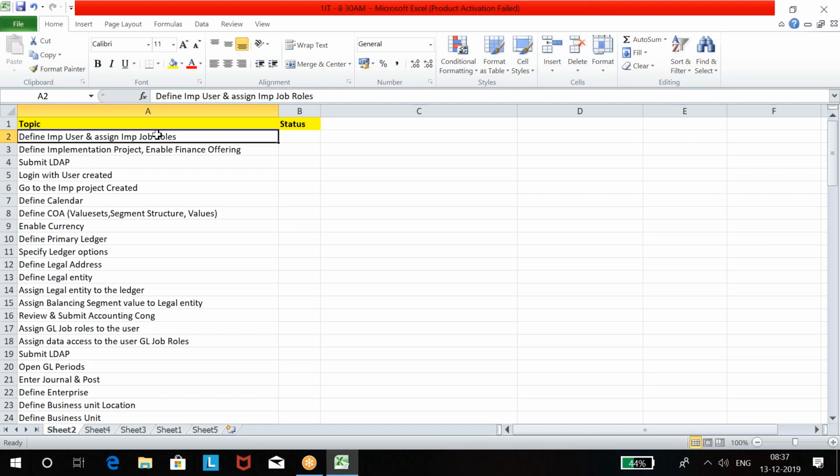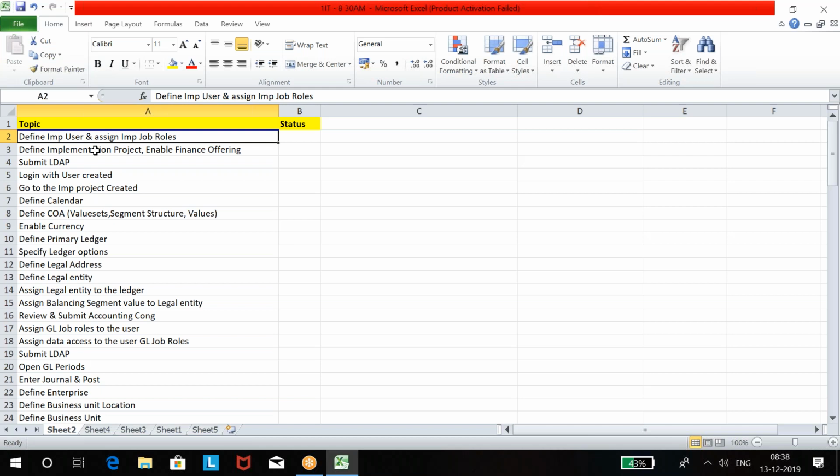Application implementation consultant gives you access to functional setup and maintenance. IT security manager gives you administration access. Employee gives you access to communicate with the database, right? Yesterday I discussed the use of these 3 job roles. So these 3 job roles are required to set up applications. We create an implementation user and then we assign those 3 job roles to the user to set up applications, and then next what do we do? That's what I'm saying, we create the username and assign 3 job roles to the user.